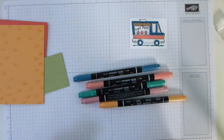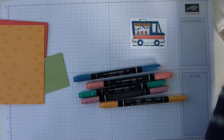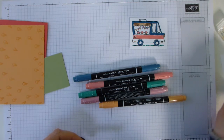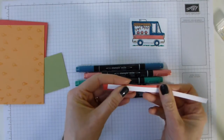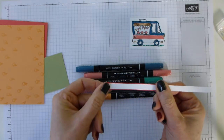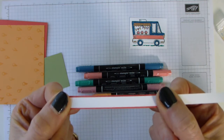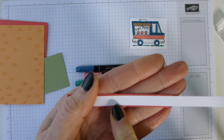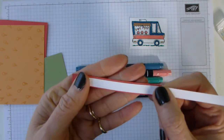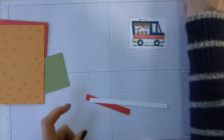The only other stamping that we now need to do is for the little banner. I'm just trying to see my bits of card which have flown away. No, here we are. So I've got a little strip of the Watermelon Wonder and a strip of the Smooth White cardstock, and they literally are just little strips, little offcuts. But I've got them, I hope you can see, if I put my hand behind it, hopefully it'll focus properly, that I've just got a tiny little border, so it just makes it pop off the card a bit. So I've already got the stamp